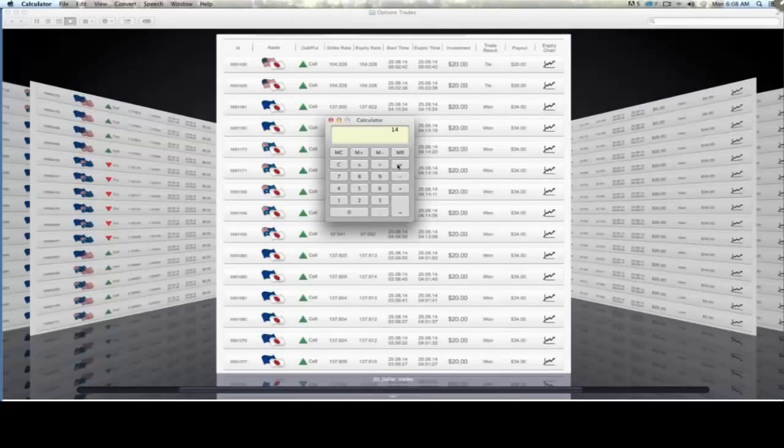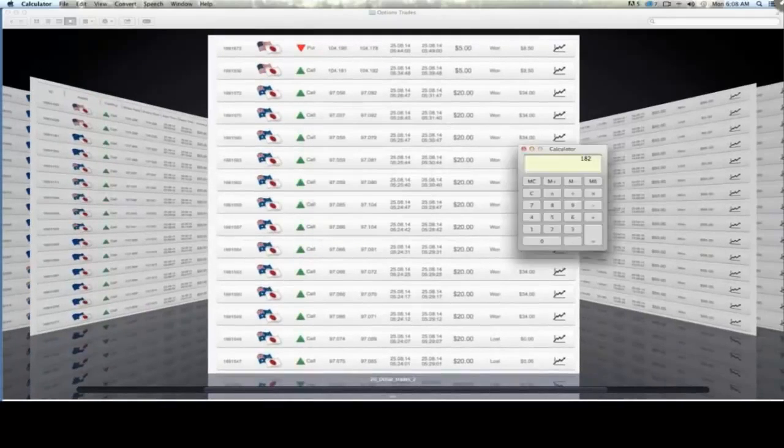So on this page right here, we've got 13 wins and 2 ties, which means I'm not out anything. I didn't lose anything, I just tied on it. So that's 13 trades. Guys, that's $182 in this trading span of an hour or so. If you look at the timestamp on here, it's about an hour-ish. Let's move on. Let's take a look at some more.